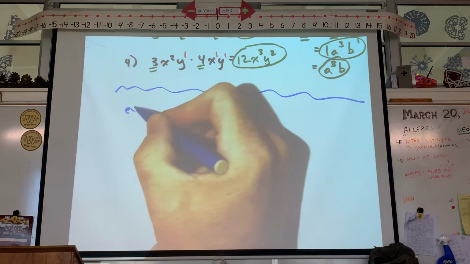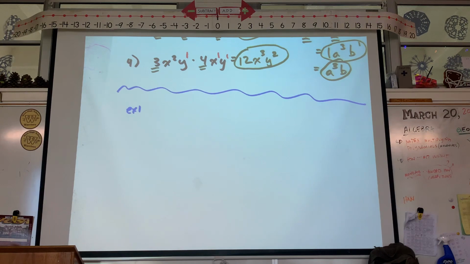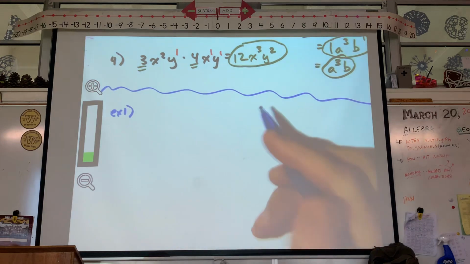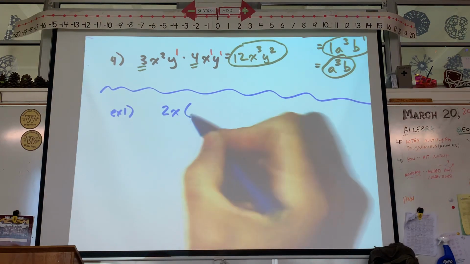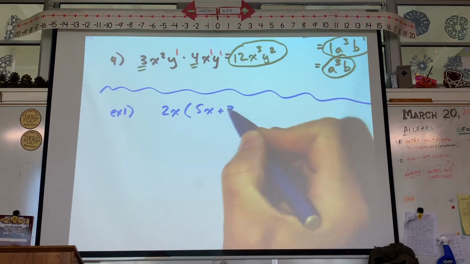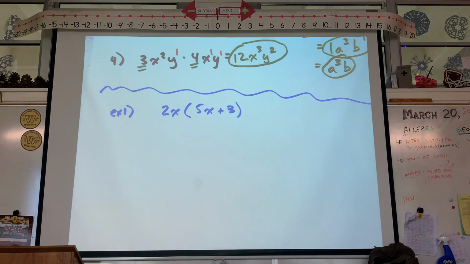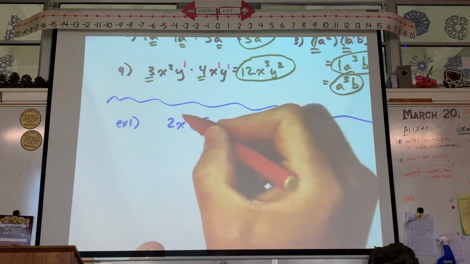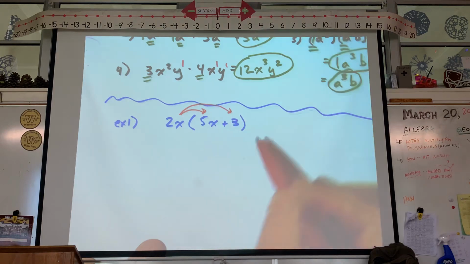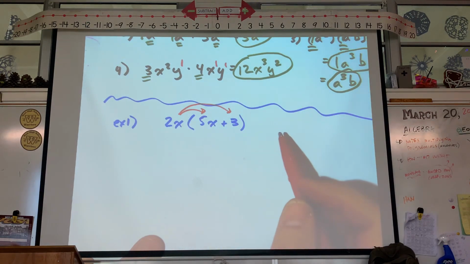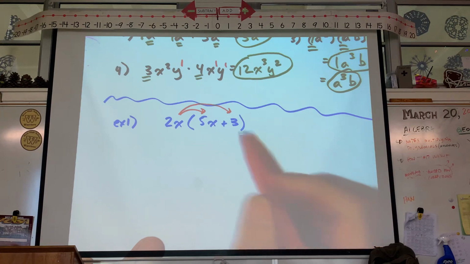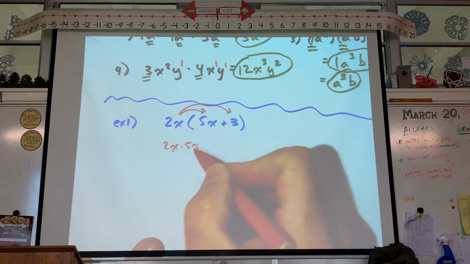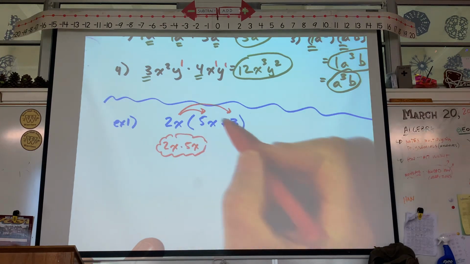Okay, let's do an example 1. Example 1. 2x times 5x plus 3. This is straight distribution, you guys. It's the same thing that we did here in the warm-up, but now we are distributing, which is multiplying evenly through the parentheses, and we're following the same rules, all right? So if I look at 2x times 5x, I know that that is 2x times 5x, and 2x times 3,